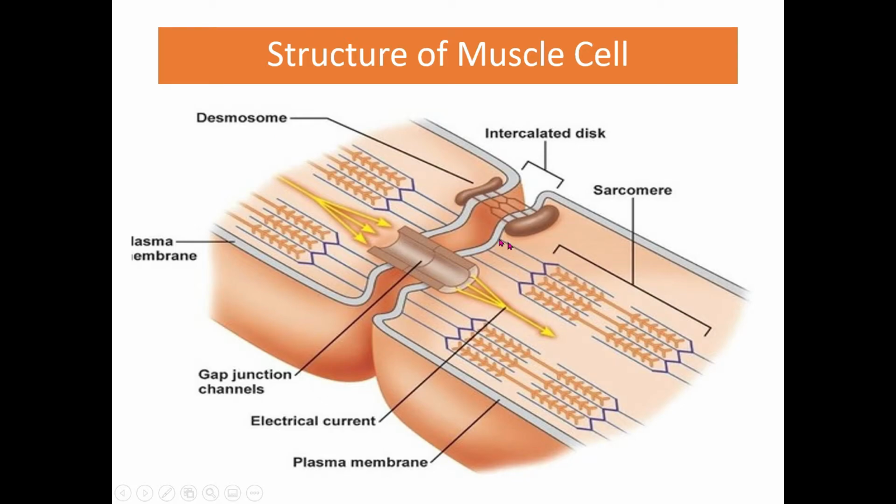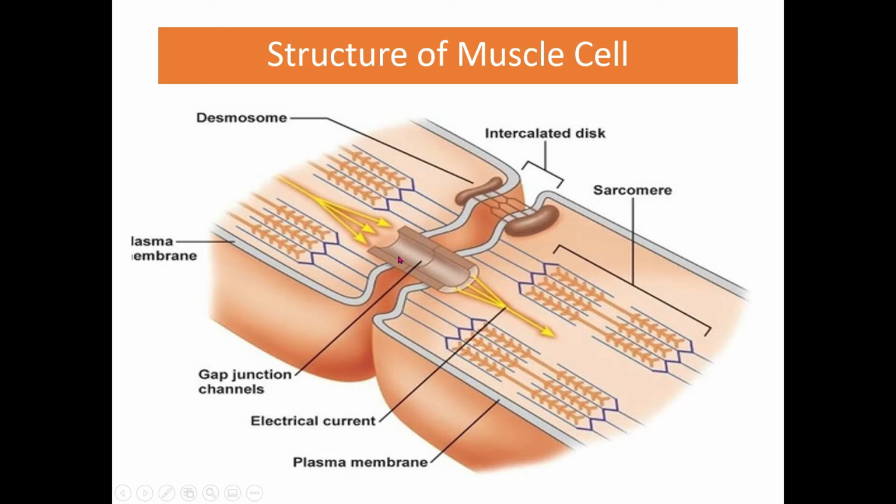Desmosomes are basically making the intercalated disc, means these are two cells and they are separated. So to make a connection between these two cells, we have a protein, and this is made up of the protein connexin. The space between the two cells is called the intercalated